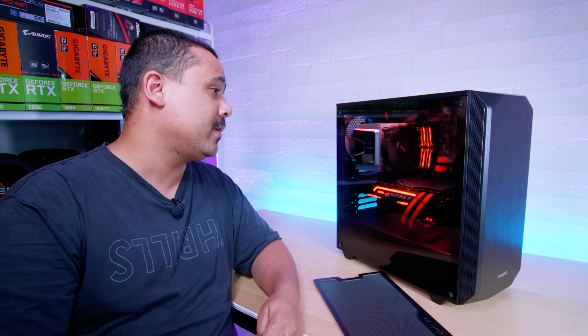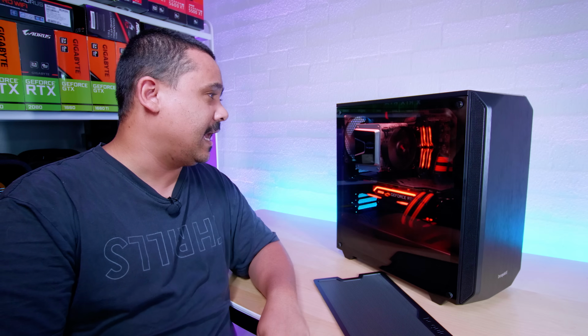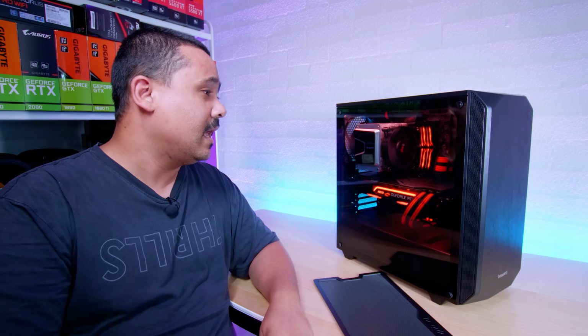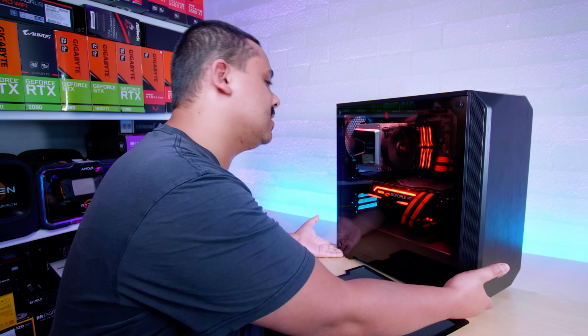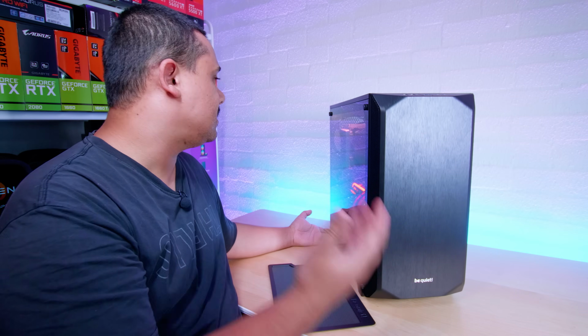It comes with two 140mm Pure Wings 2 fans. They are dead silent at full RPM. You can barely hear them. The design aesthetic of the case is beautiful. I love this brushed finish on the front. Yeah, just overall, it's